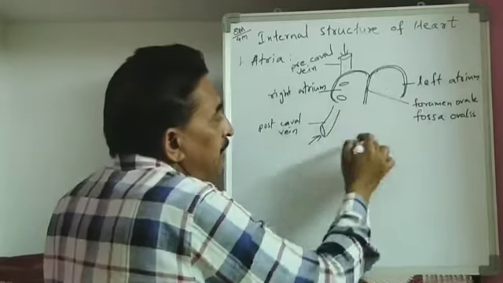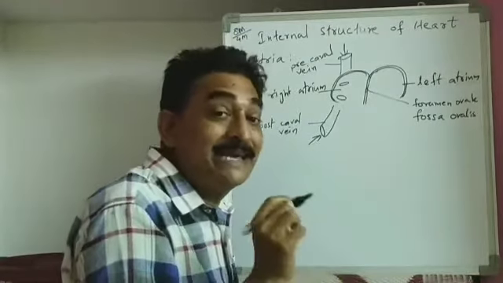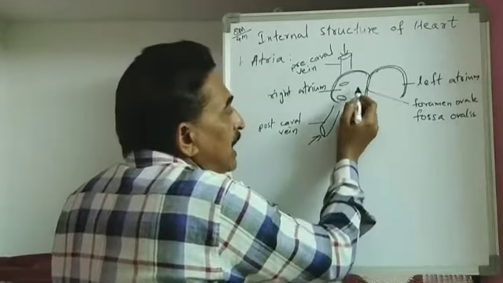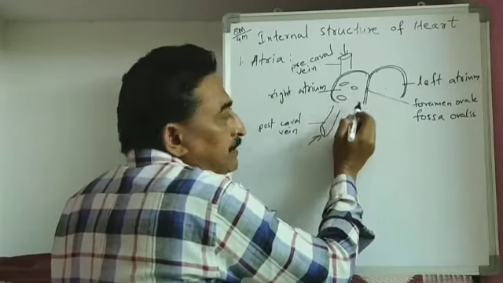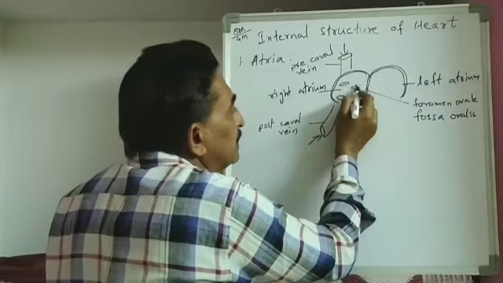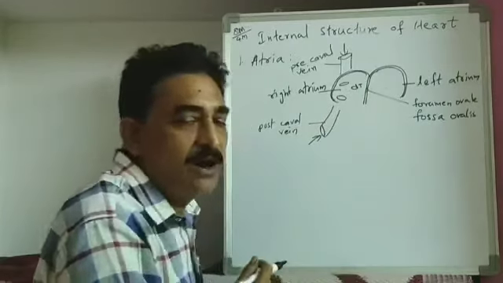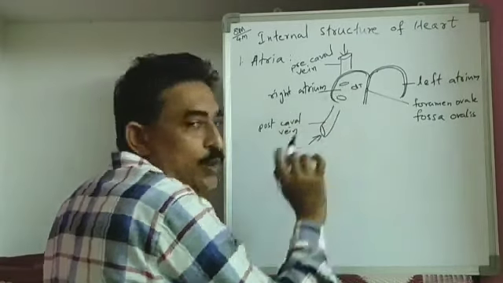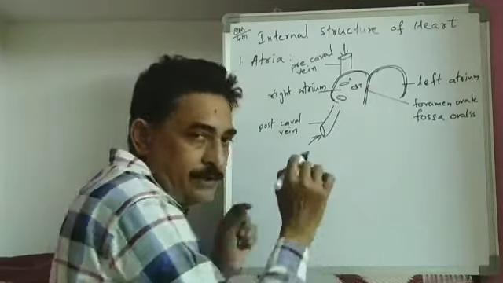And from the muscles of the heart, the coronary sinus receives blood from the heart and it opens into this right atrium. At the coronary sinus opening, the Thebesian valve is there. I put T here; T means Thebesian valve. At the precaval vein opening, there are no valves. No valves. I just put a mark.